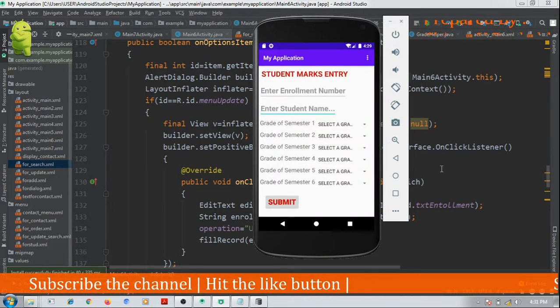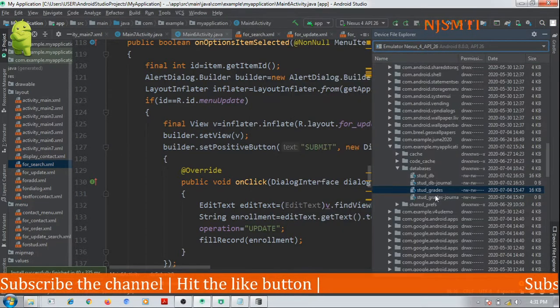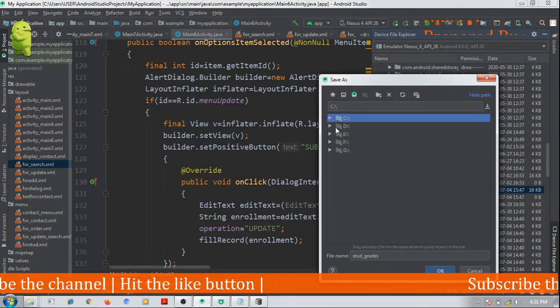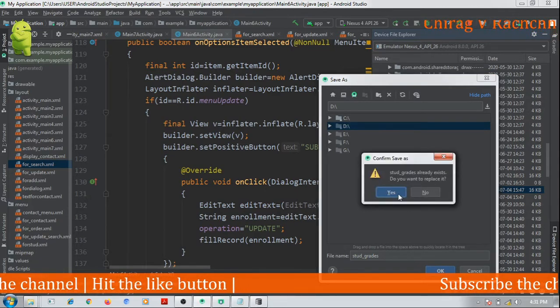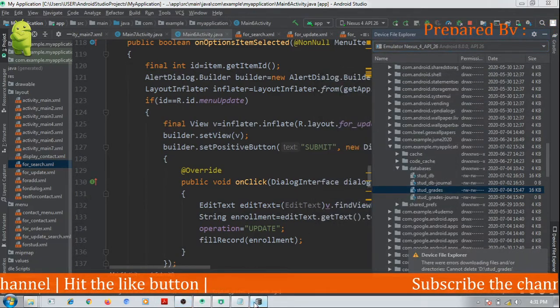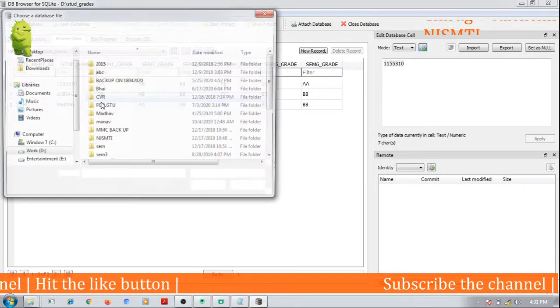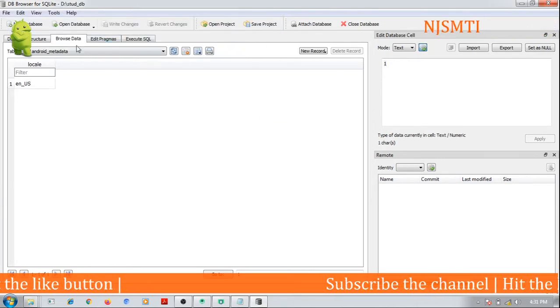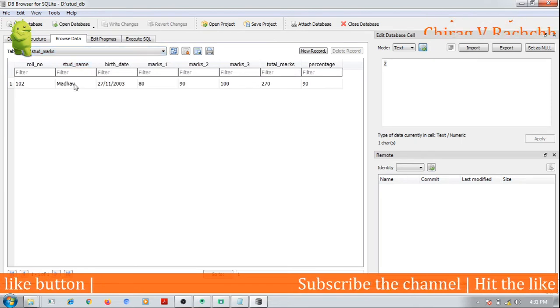Now let us again download the database. Yes, let us again open it. Open database, StudDB, open. Let us again browse it.